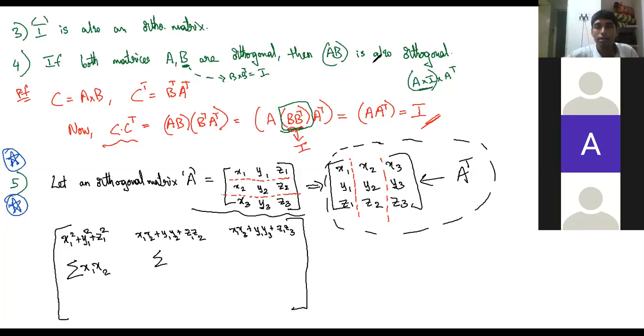Wrong. See, I taught in the last class, when you do matrix multiplication, suppose you want this element. You have to take the row from the first and you have to take the column from the second matrix. This is the position 2, 2. So take the second row and take the second column. What is the second row? x2, y2, z2. What is the second column? x2, y2, z2. On multiplying these two vectors, I told you it's like a vector dot product only. If you do the dot product of these two vectors, you will get the element in that position. So at least now tell me, what is this?